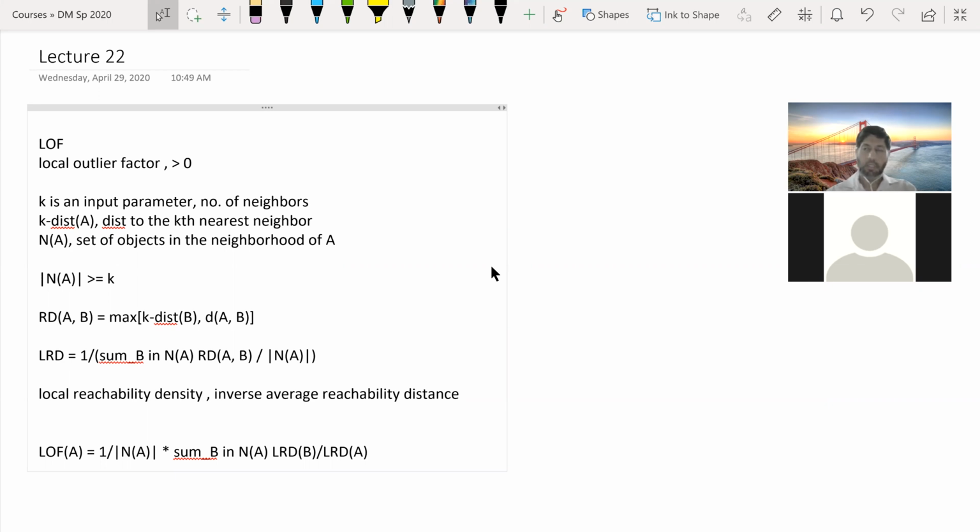So if LRD B of every point in the neighborhood of A is the same as LRD A, then of course this sum would be equal to N, and we are dividing by the number of neighbors of A, which is also N. So this will give a value of 1. So LOF 1 means that object A and its neighbors lie in the same dense region, or their density is comparable. So LOF is equal to 1. This implies that A and its neighbors